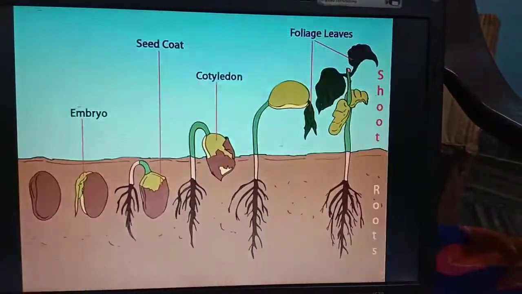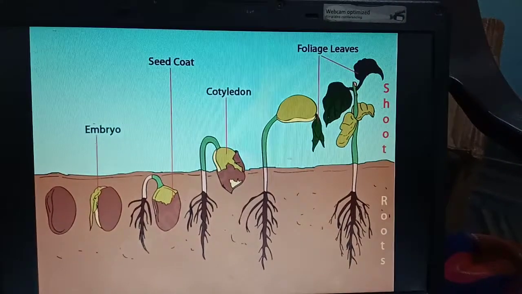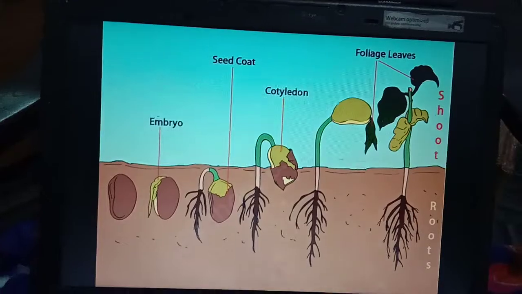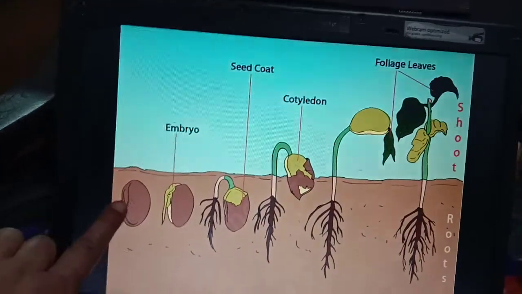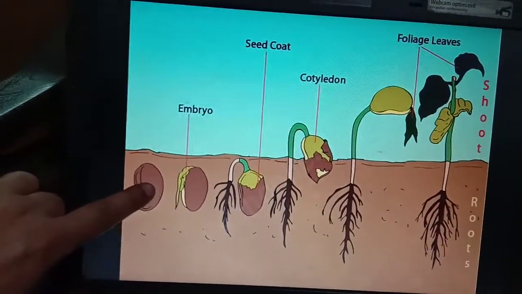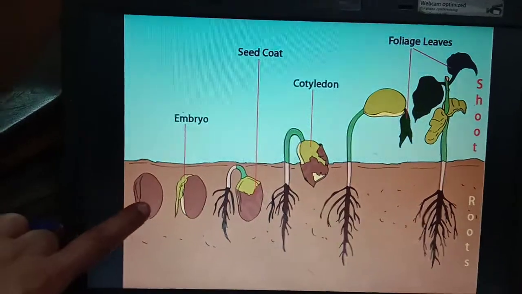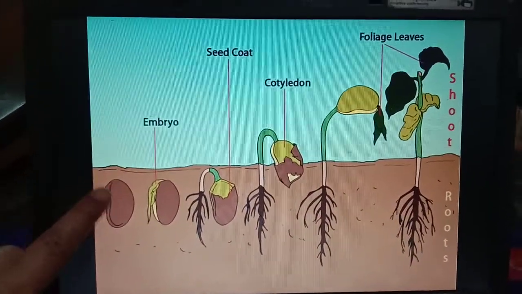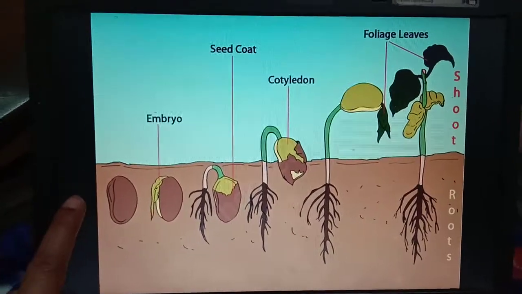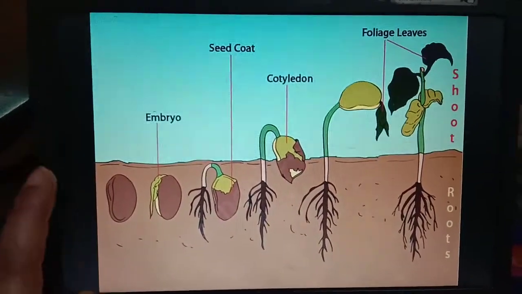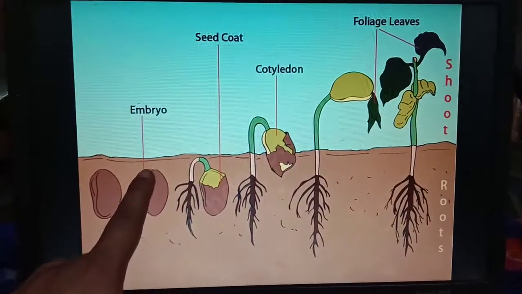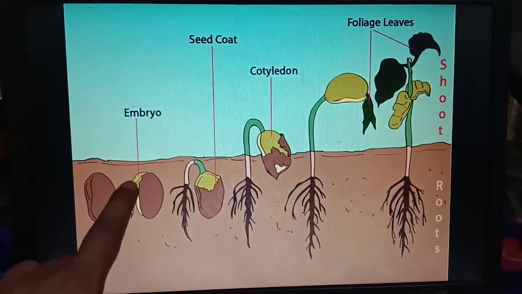Now we will learn how a seed germinates through the picture. Can you see this? This is a seed sown inside the soil. When it gets proper warmth, water, nutrients, air, then it swells up and an embryo, can you see this embryo?